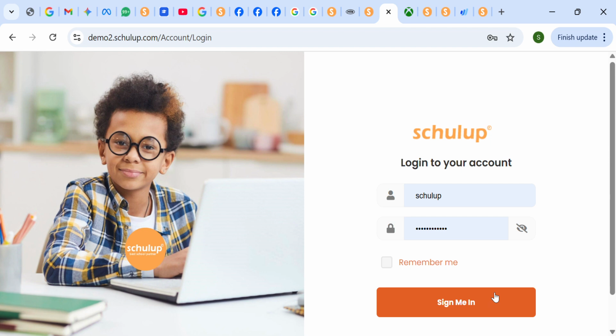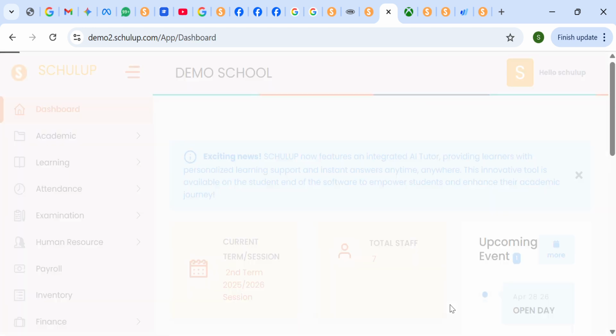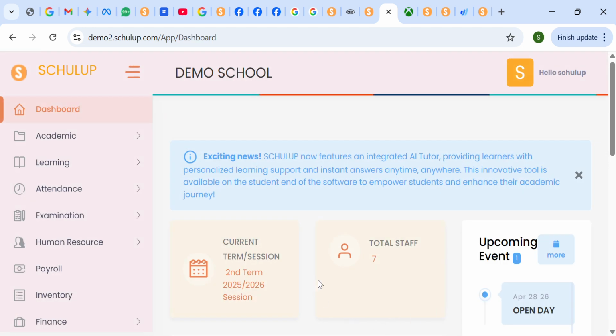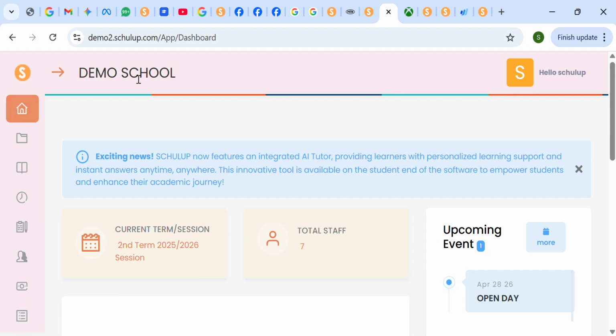The application has four ends. The end I'm showing you is the admin end. It also has the teacher's end, that is a subset of this end, and it also has parent end as well as student end. So every member of the school community has an end. Okay, so I'm standing in the admin end,